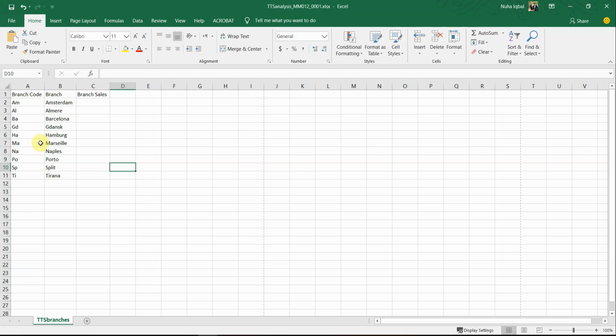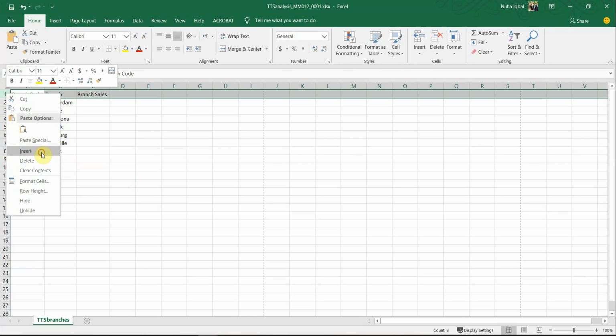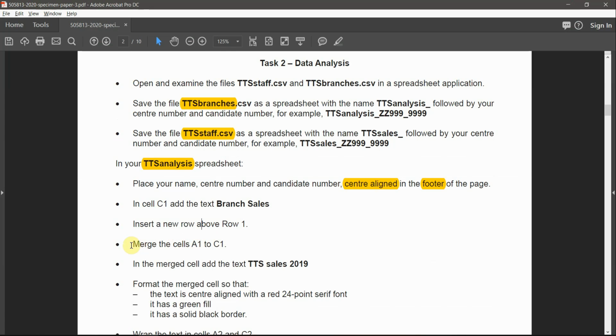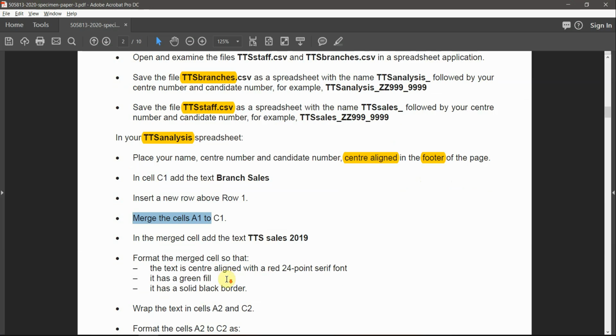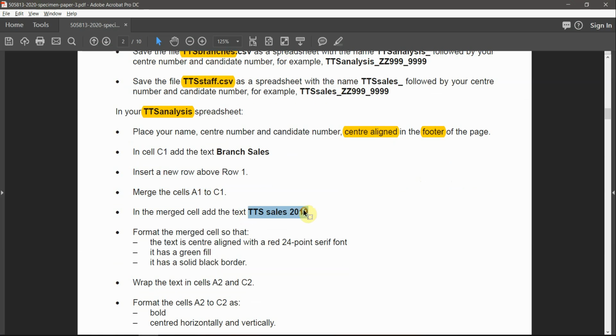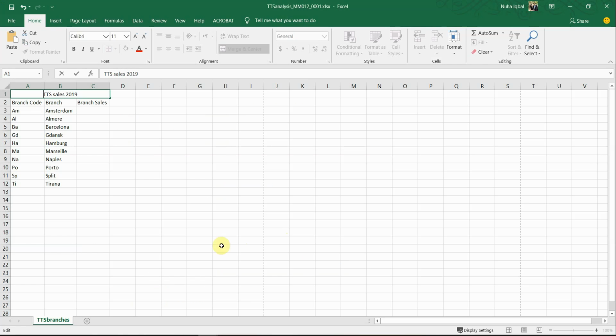Insert a new row above row 1. Okay, right click and insert a new row. Merge the cells A to, that's supposed to be A1 till C1. In the merged cells, add this text. Format the merged cell so that the text is center aligned, red color, and size 24 serif font. So we have 4 criteria. It is center aligned, it is red color, and it is 24 point,